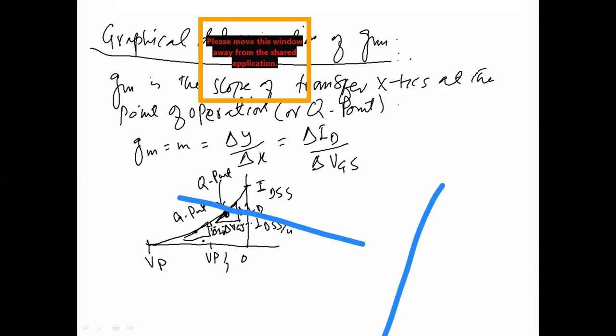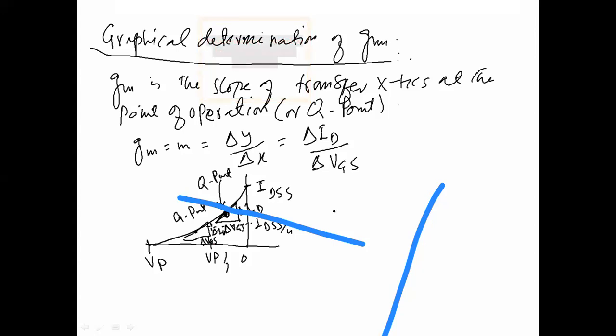डेल्टा ID, डेल्टा VGS। GM की वैल्यू कब इंक्रीज हो रही है और GM की वैल्यू कब डिक्रीज हो रही है? मतलब IDSS की तरह स्लोप जा रही है। Yes, sir. क्योंकि वर्टिकल लाइन की तरफ जब हम जाते हैं तो GM इंक्रीज होता है।